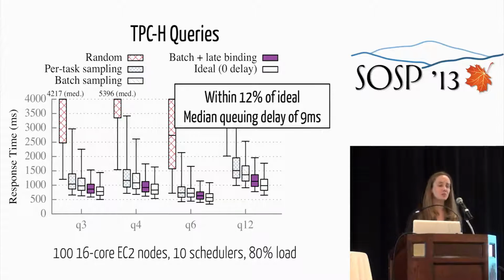The problem here is that we don't actually have a scheduler that we can use that handles these types of workloads. So instead, we compare Sparrow to an aggressive ideal where there's no scheduling delay and where tasks are shipped to worker machines instantaneously. In other words, this ideal is just the longest task of any of the tasks in a job. Nonetheless, even though this is a pretty aggressive ideal, Sparrow performs within 12% of the median response time provided by the ideal scheduler, with a median queuing delay of 9 milliseconds.